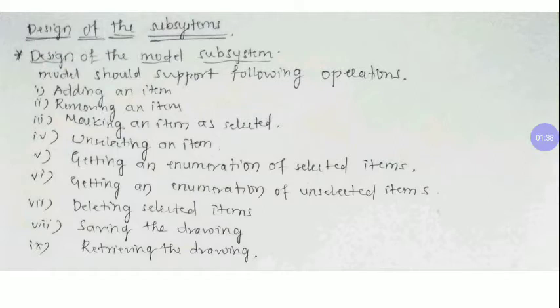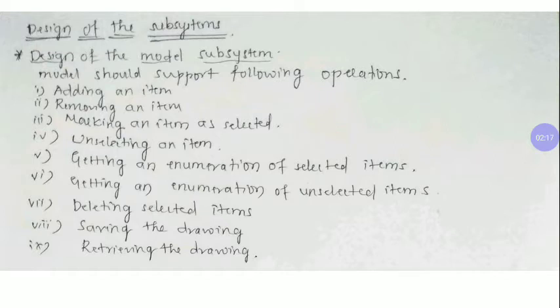You see here, all these operations should be supported by the methods which are there in the model, which will support designing the subsystem, because subsystems are the composite parts of the model itself, because the model is a complex entity. In order to view it more simply, we are going to divide the model into a number of subsystems so that we can easily implement them. After that, we are going to integrate the subsystems and make a final model here.